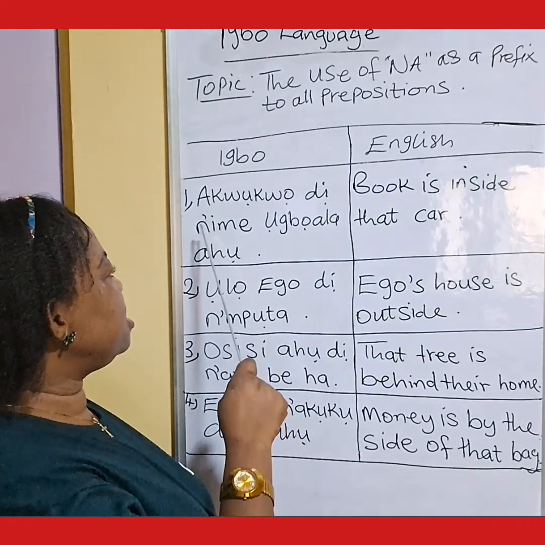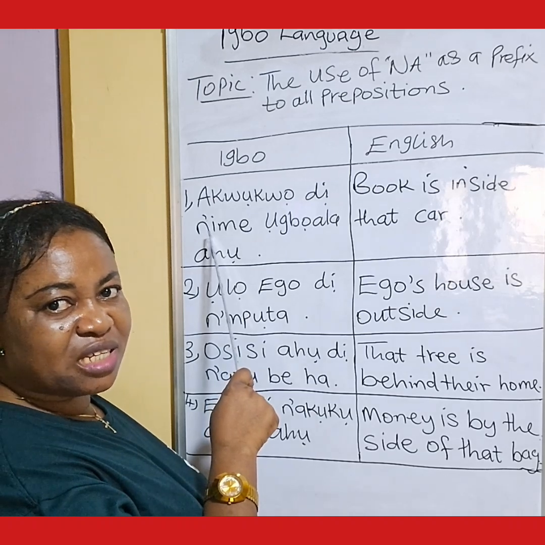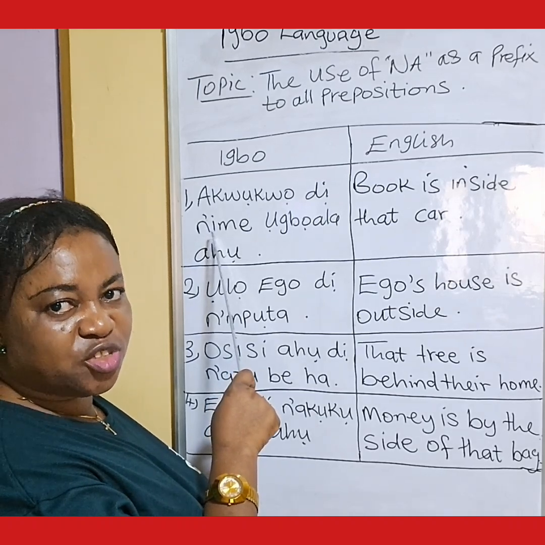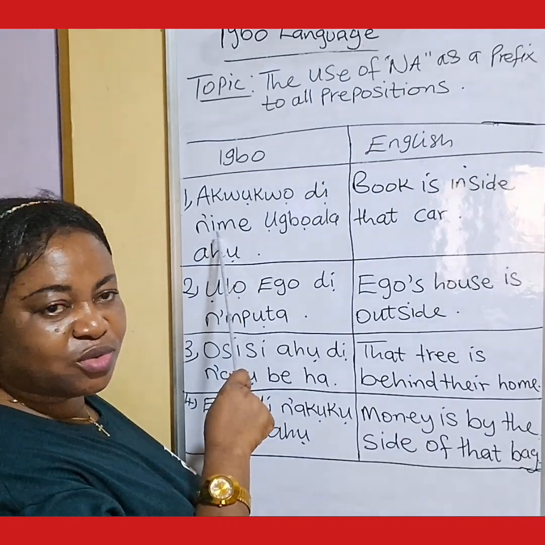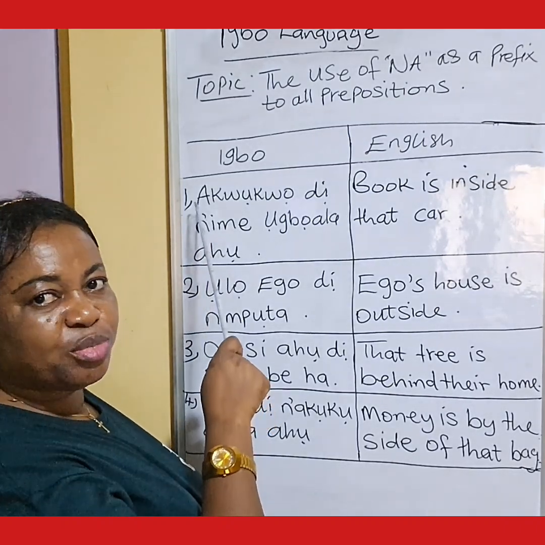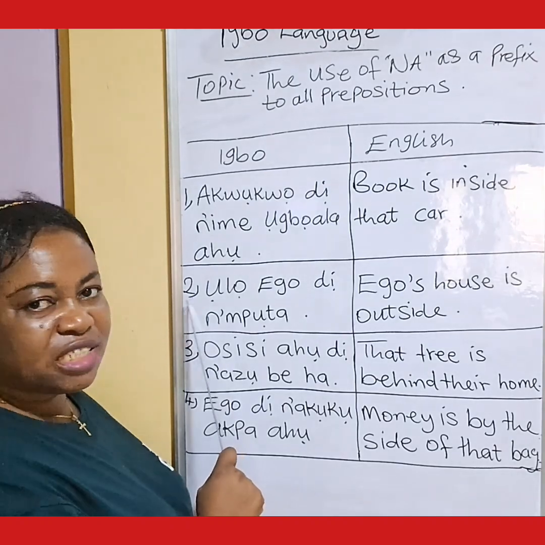So anywhere you see na written in this form, you will understand that na here is working as a preposition. In preposition, you cannot write na in full. You have to remove a and put an apostrophe. Okay? Second example says,